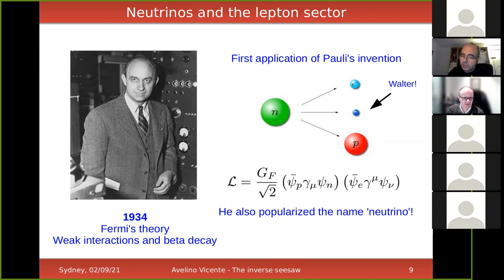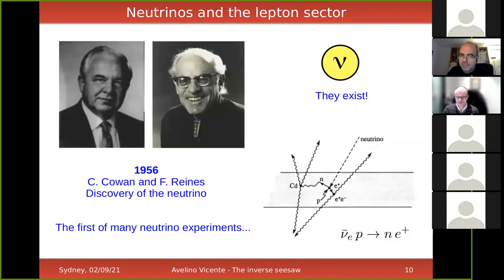And actually, he also popularized the name, even though I read in some places that probably it wasn't him, it was Amaldi, but then Fermi was the one that made the name of neutrino popular. The application was very successful, as you know, with this theory. Even though it's very simple, you can explain many phenomena in beta decays and in weak decays in general, not only beta processes, but general weak decays. But still, this was still a theoretical idea.